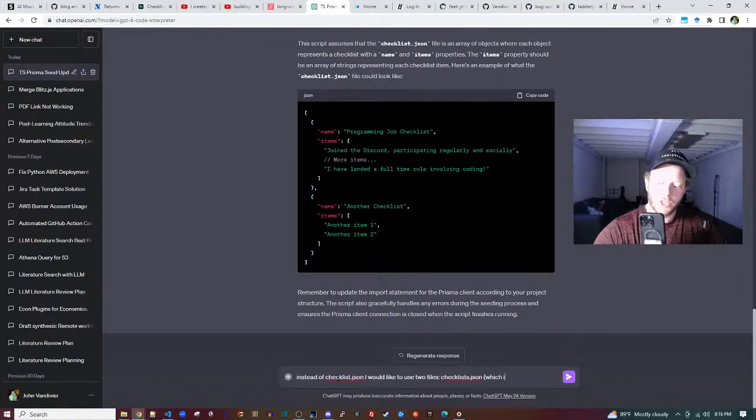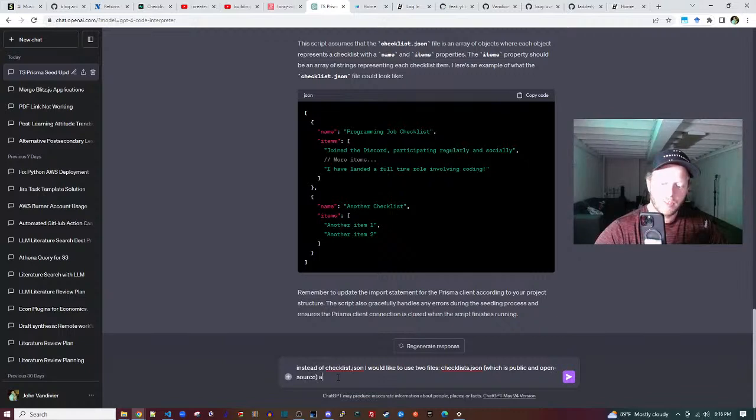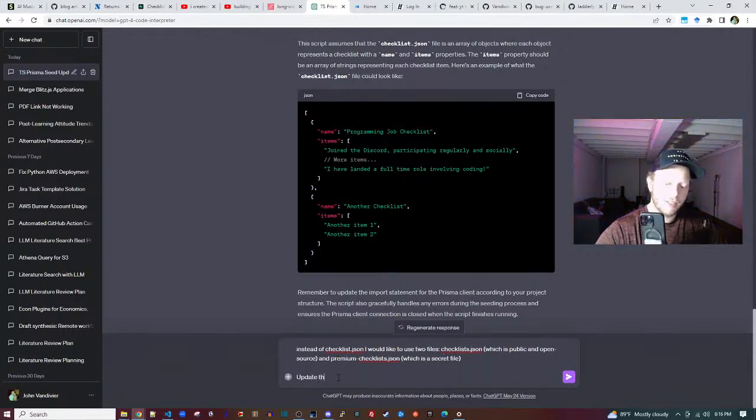Checklists.json, which is public and open source, and premium checklists.json, which is a secret file. Update the code further. I have a need to run these